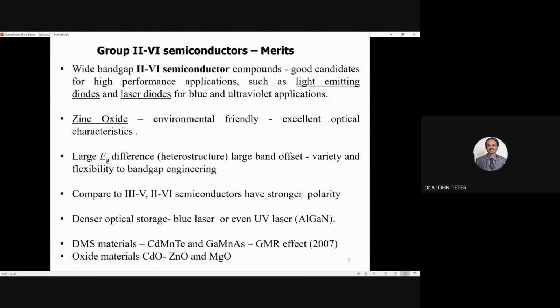or diluted magnetic semiconductors. They will become a ferromagnetic material, CdMnTe, and this is used in the disks in the computer nowadays. Especially, it showed some GMR effect. That is, you have a magnetic material, a non-magnetic material sandwiched between magnetic material, or you have a non-magnetic material